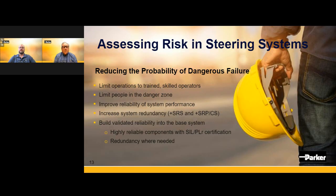So there's other ways to reduce your PLD. So if you are in control, so reducing probability of dangerous failures. Limiting operation to trained or skilled operators is one method. You may be able to reduce the severity or likelihood of an injury occurring. You could limit people in the danger zone of the equipment that's being operated, but typically that's not a reality for off-road equipment. Construction equipment, there's workers present, but these are just illustrations of means in order to increase safety at the work site or where this machine is operating. We could improve the reliability of the system performance, meaning I have less likelihood of reducing steering assist,